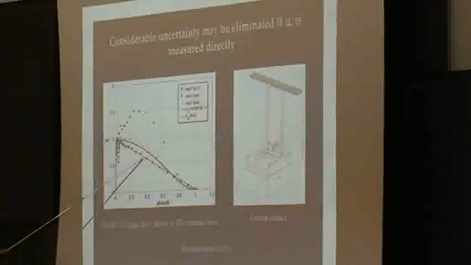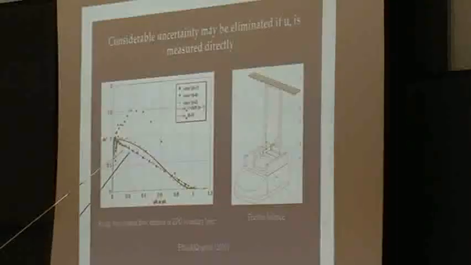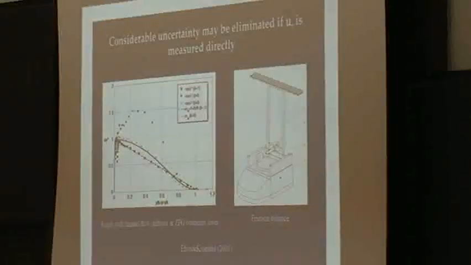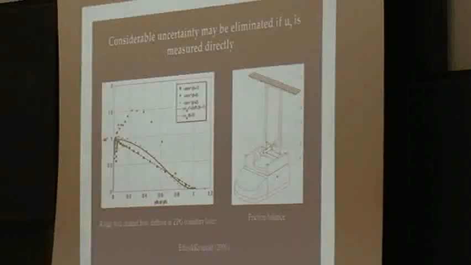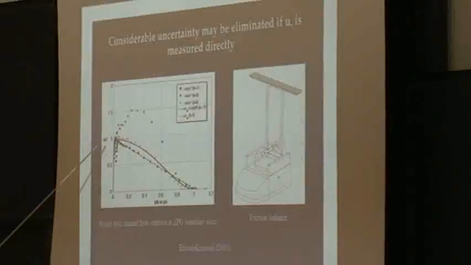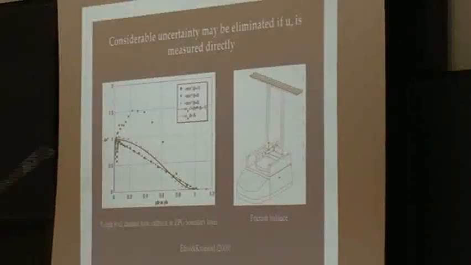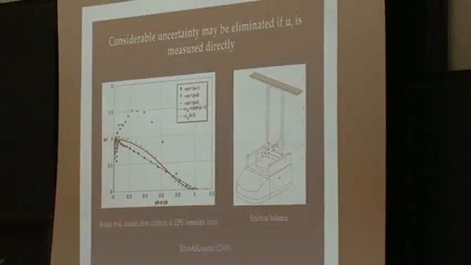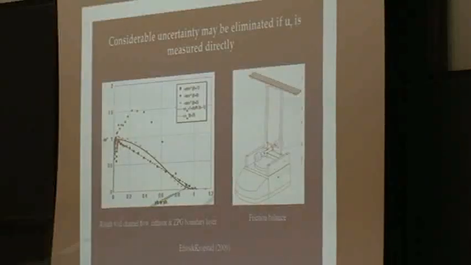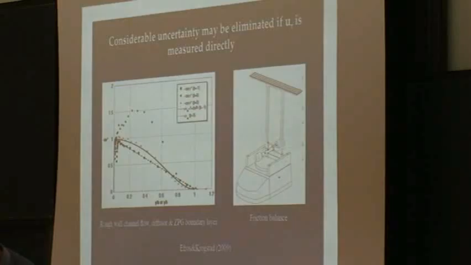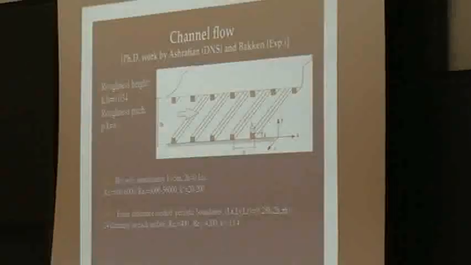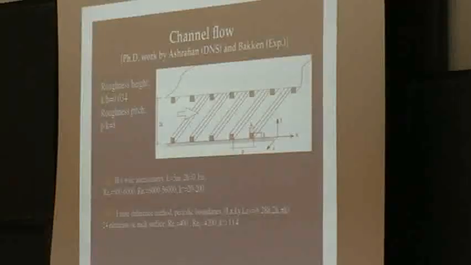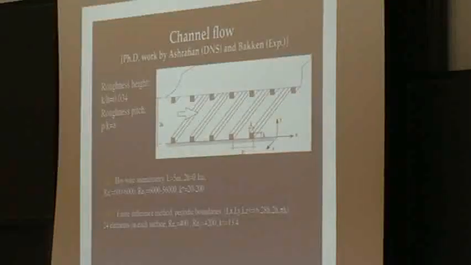When we compared the wall shear stress that we measured here, in the case of the channel flow, with the wall shear that you can calculate from the pressure gradient, we found that the total uncertainty, including the uncertainty of the balance and of measuring the pressure gradient, was slightly less than 3%. So we think that you can build this very accurate measuring device very simply. And if you do that, of course, you've taken away the major uncertainty, the most important uncertainty in your procedure.